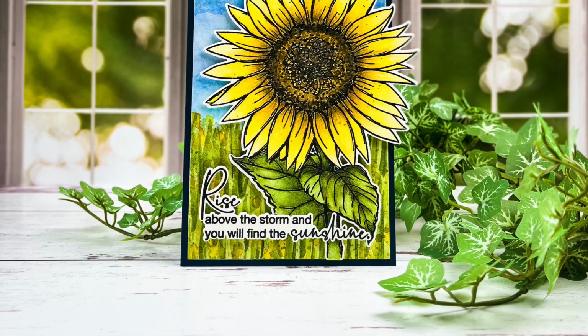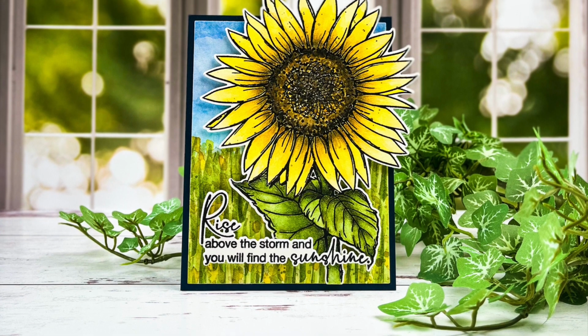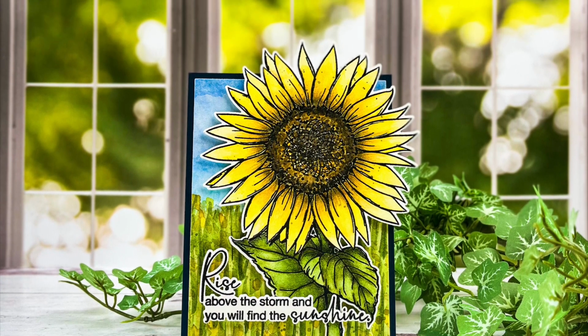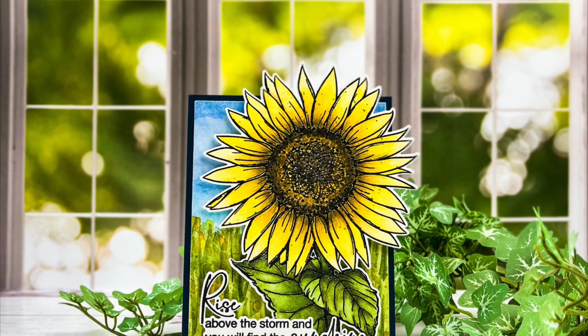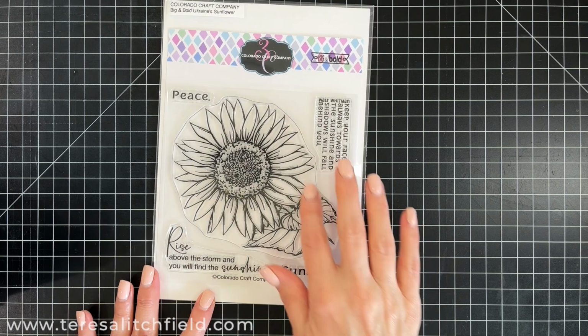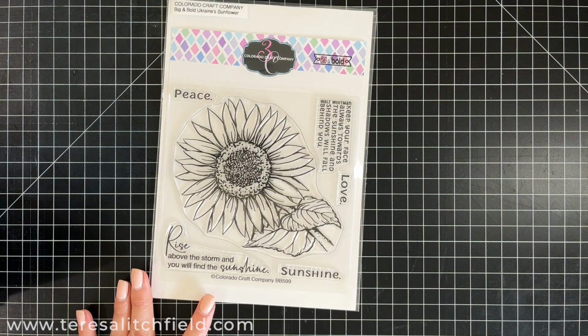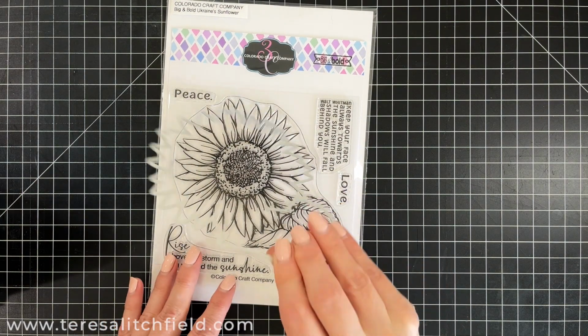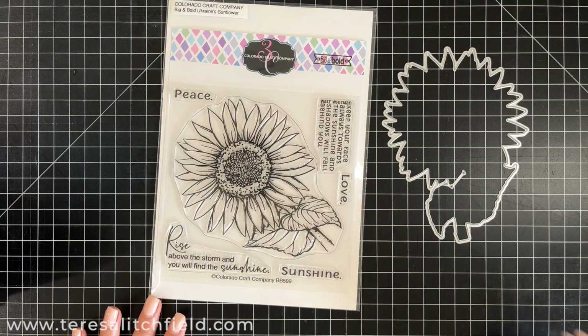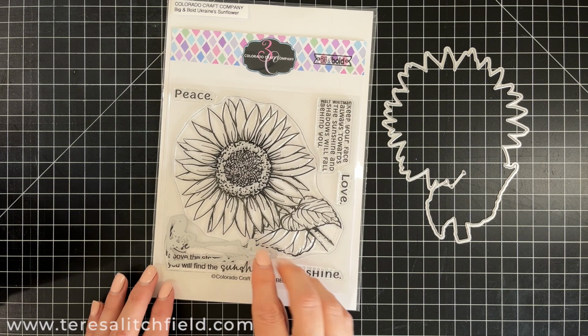I'm by no means an expert on watercolor, but I thought I would share some of the things I've learned and some easy techniques to feel more confident with it. So here's a look at the big and bold Ukraine sunflower with that gorgeous flower. And there's a die that cuts the whole thing out. There's also a die that cuts out the sentiment there on the bottom, and that's the one I'm going to